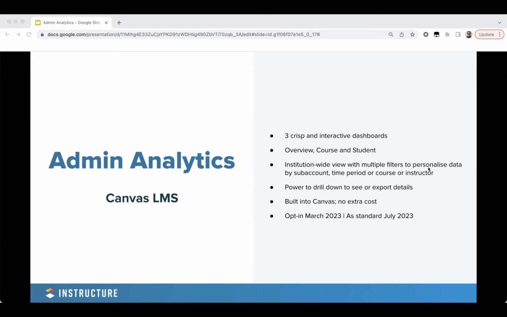And as you know, today we have some very basic analytics for administrators and sub-account admins in the analytics and statistics view. And then there's also some course analytics in there as well, which are a little bit more modern and more granular in what they're able to offer. But really the purpose of this tool, as I said, is to cover off on those areas around usage and adoption and student engagement and course design.